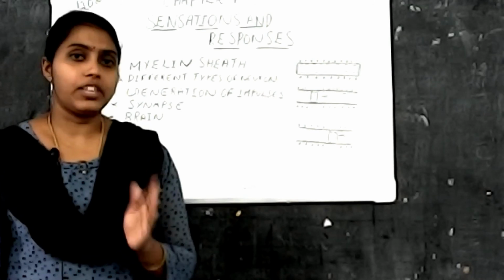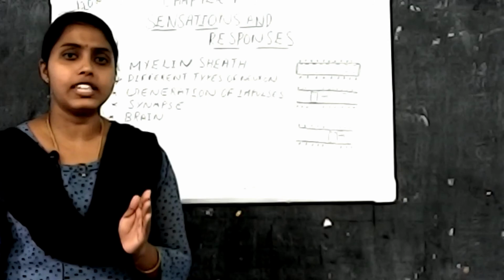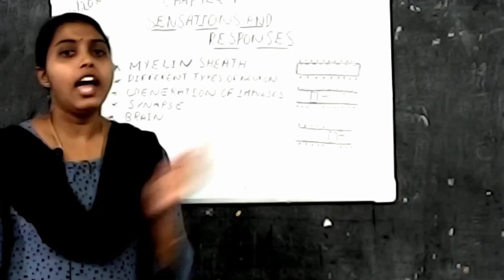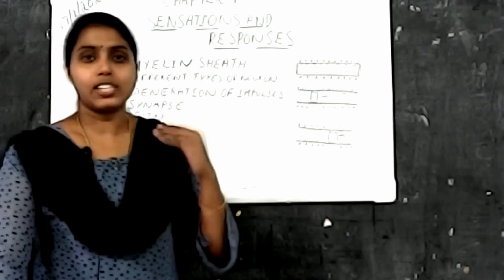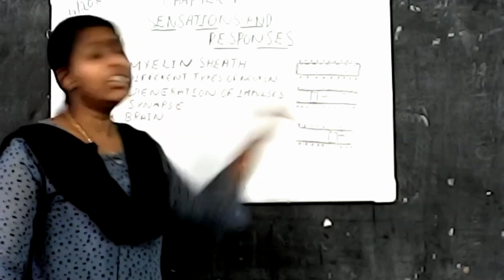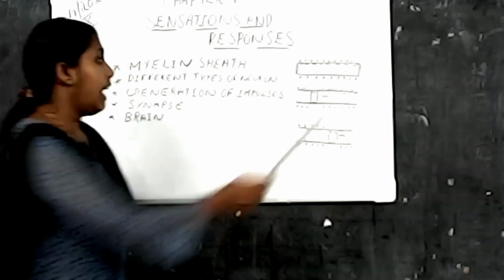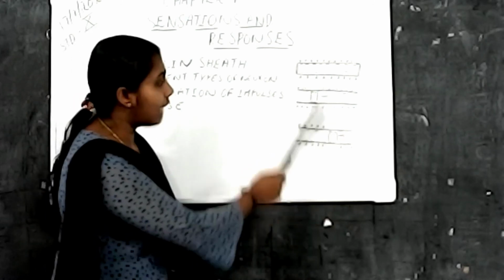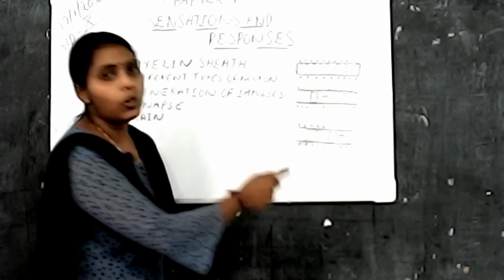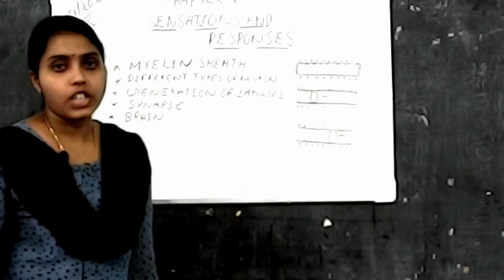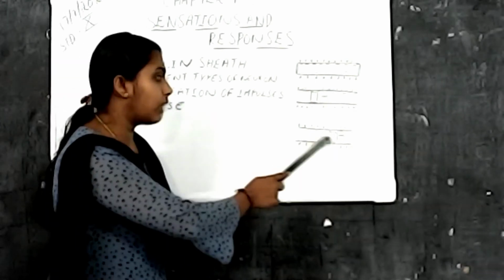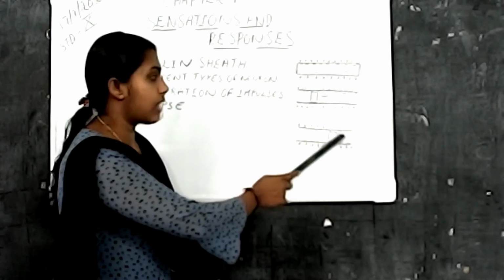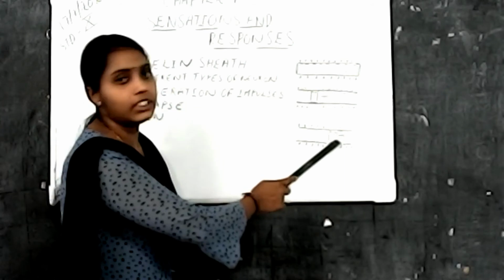This momentary charge difference is not a permanent charge difference. According to the movement of the stimulus, the charge will be as normal. So this momentary charge difference stimulates the adjacent part of the axon. When this stimulates the adjacent part of the axon, there also occurs a similar change. That is, where the stimulus moves to that part, and where the stimulus is, there occurs the charge difference, that is, negatively charged outside and positively charged inside.